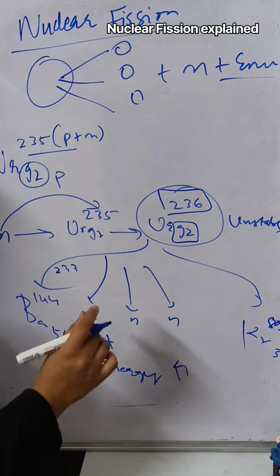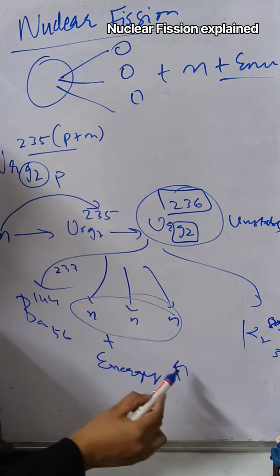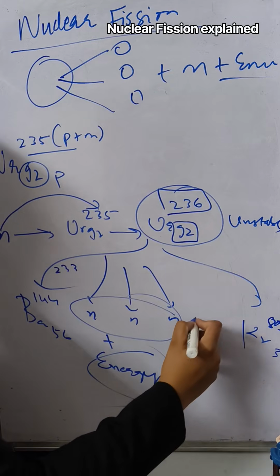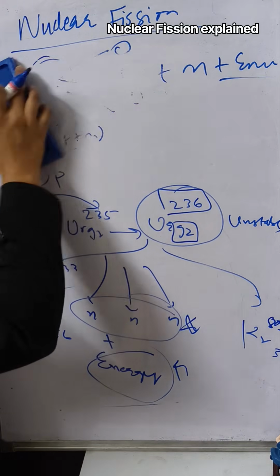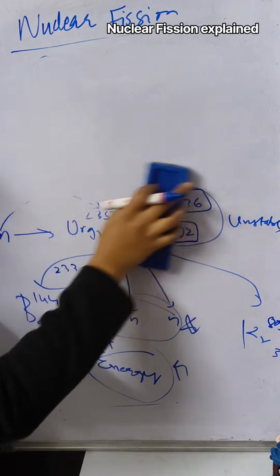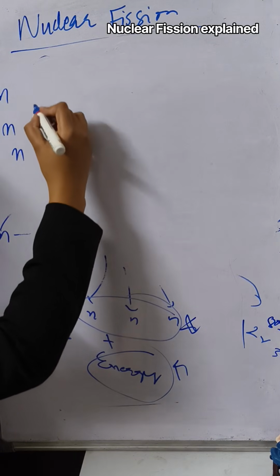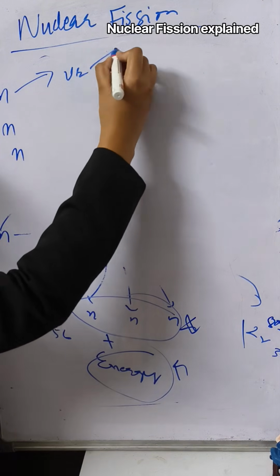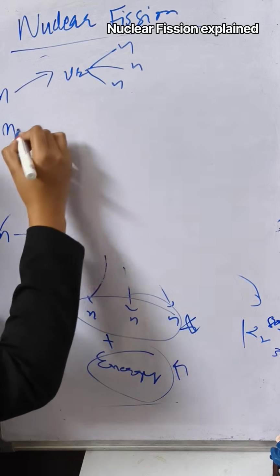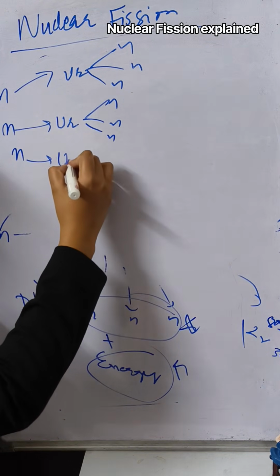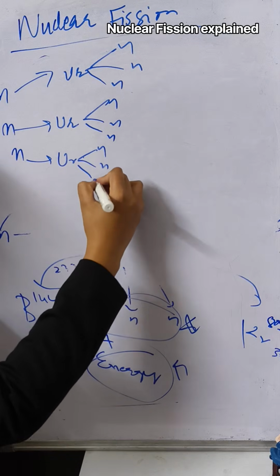So nuclear fusion and fission have one thing in common, that neutrons and energy will be generated. Now these neutrons are very important. Why? Because a neutron has the tendency to create 3 more neutrons. Like how? 3 neutrons were created in this reaction. Now it will break another uranium and create another 3 neutrons. Similarly here, uranium and 3 neutrons. Again here, uranium and 3 neutrons will be created.